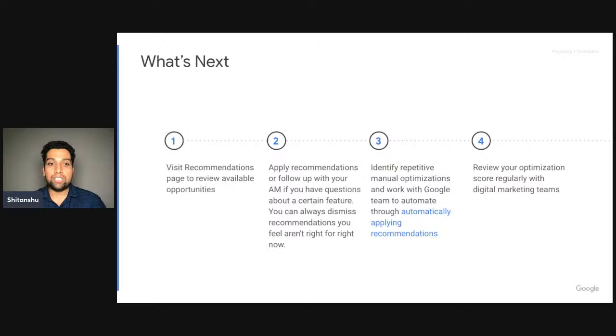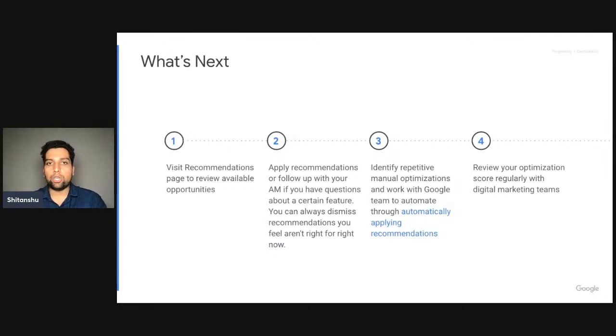With every change that you make to your account and to your campaign, it can either increase your optimization score or decrease it. In any case, you may see some recommendations surfacing because you made changes to your account or campaign. Or, indirectly through the campaign optimization process, you may see that some recommendations which were available previously are gone, because you have made those changes indirectly to your campaigns or to your ad groups. Say, for example, you had a recommendation to add new keywords to one of your ad groups,